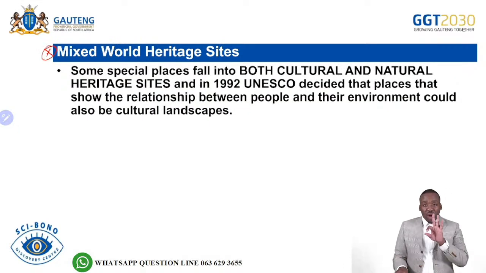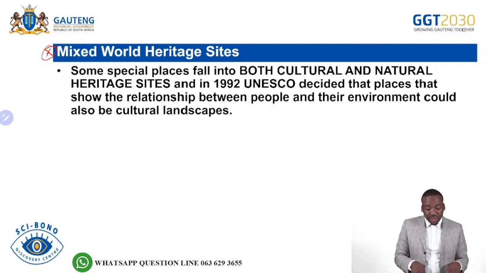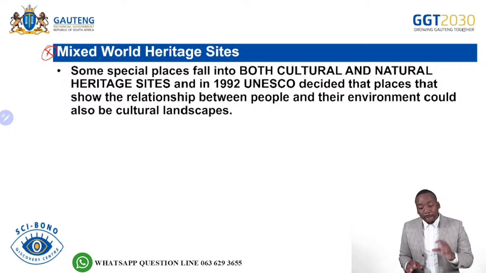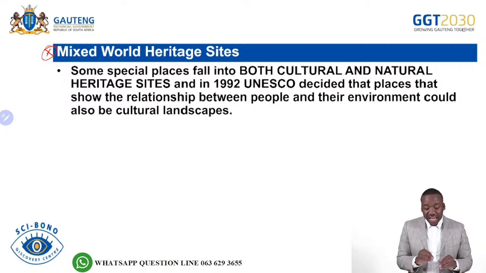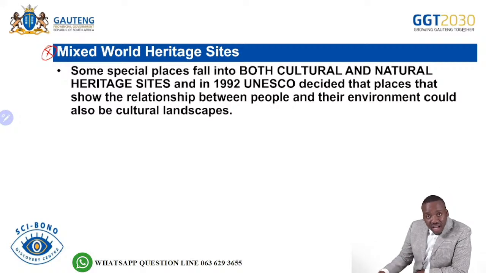Then we move to the third type, of which I say it is mixed World Heritage Site. So we are saying sometimes when you travel to the attractions, some will have both elements of culture and also elements of nature in them, right? It will be a site that preserves culture. It could also be the same site that also has natural elements in them. And then in 1992, UNESCO decided